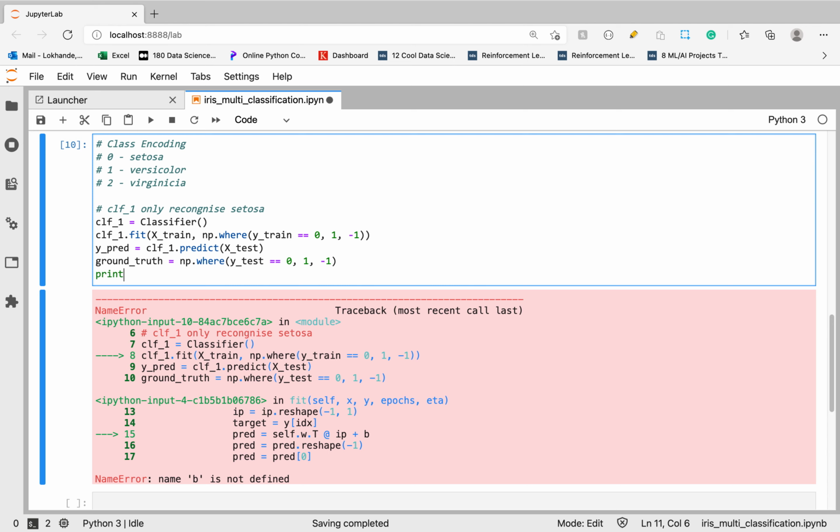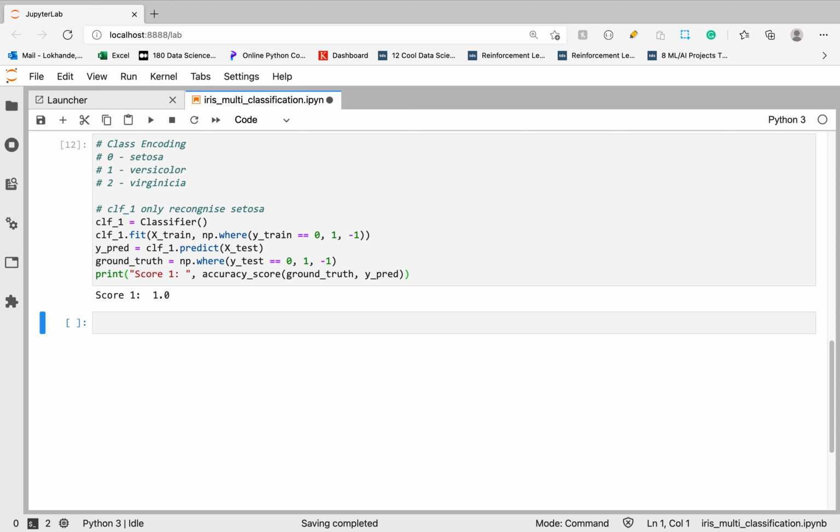So we simply say score1 is accuracy score. First we pass the ground truth, and second we pass y_pred. Now let's see what the accuracy of our first classifier is. Okay, it is 1, basically it is 100%.